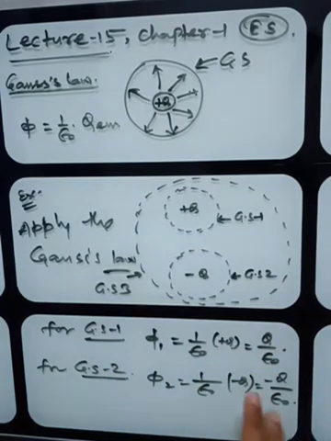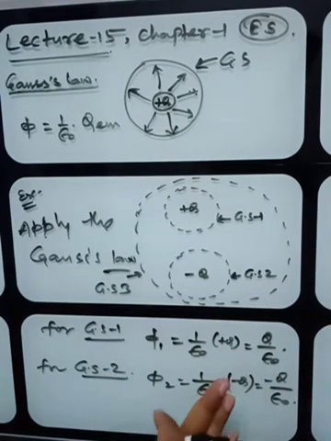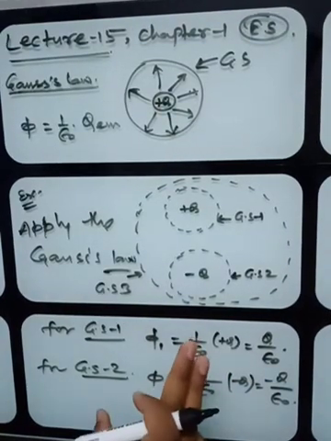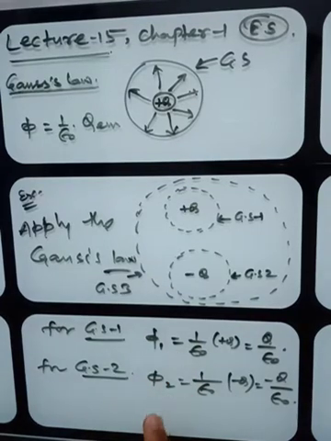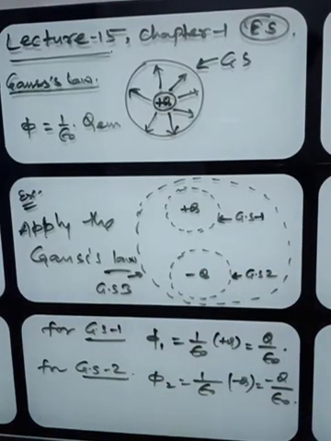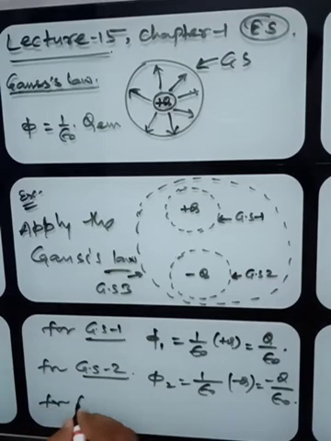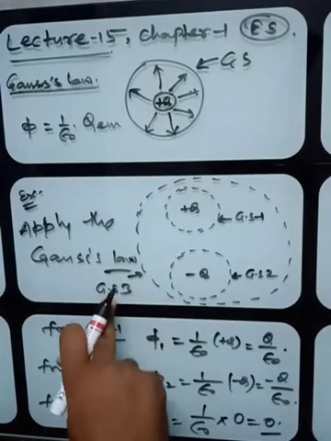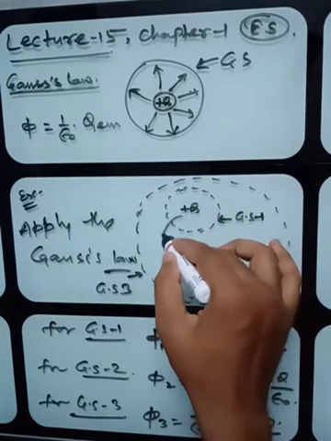nothing else. Since flux is a scalar quantity, it is only counting, so the sign, plus or minus, does not matter for the counting. 2, -2 and +2 will be the same. If we take the origin and move rightward, it is +2, and leftward it is -2, but the counting will not change. So we use such a concept here for the scalar quantity. For Gaussian surface 3, the flux will be 1 by epsilon naught times the net charge. How much is it? 0. So the flux will be 0. So for this Gaussian surface, the total field lines leaving the positive charge